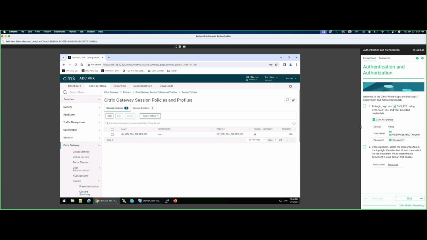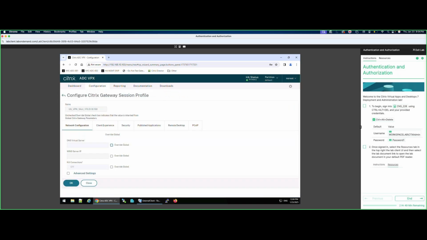I already have a session policy, right? If you see on the session profile tab, this was created automatically. So I'm going to edit it. And what I'm going to do basically under the security tab, right? You see default authorization is allow, right? Are we good, sir? You see that default authorization is allow, right? Correct. Yes. Okay. What I need to do is I'm going to disable this,